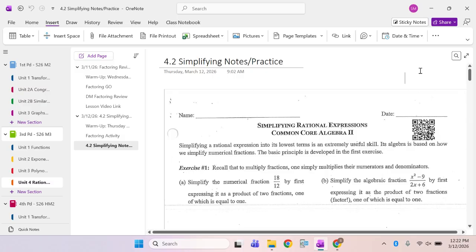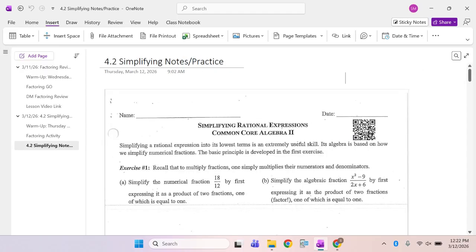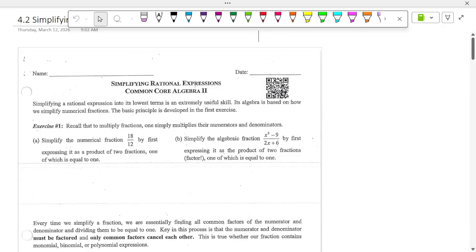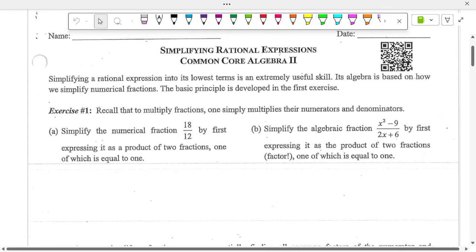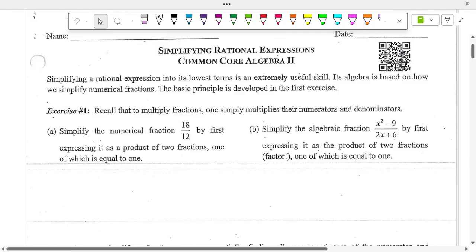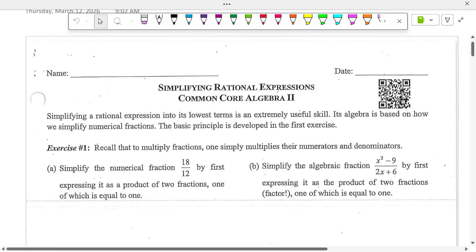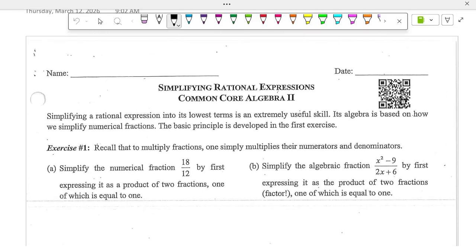All right, so this new unit is all about rational functions, rational expressions, rational equations. All right. Now, we're going to do the easiest version of simplifying today, which is just flat out simplifying a rational equation or expression, sorry. So before we even do that,